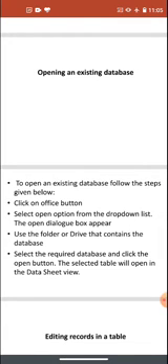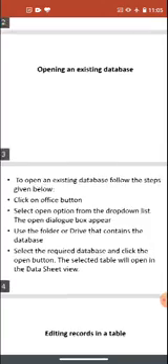So first of all, we have to click on the Office button. But before that, how will we open MS Access? You all know. Click on the Start button, then All Programs, then Microsoft Office, then Microsoft Access. Then the first page of Microsoft Access will come, and then you have to click on the Office button. When you click on the Office button, a drop down list will be there, and in that you select Open. The Open dialog box will appear.